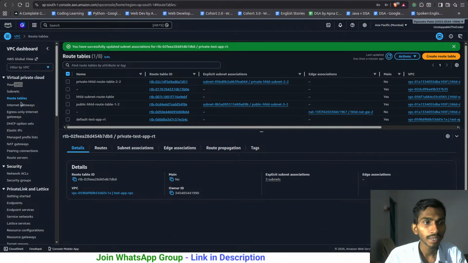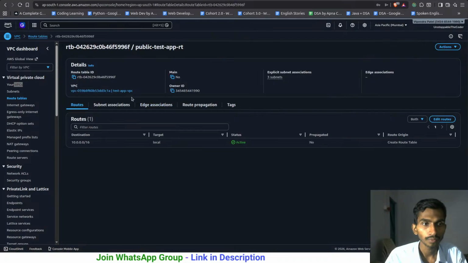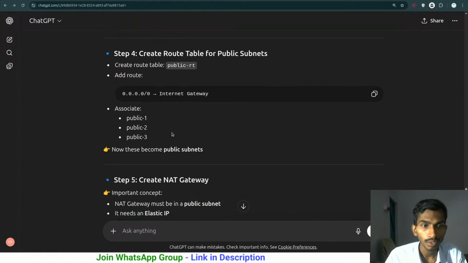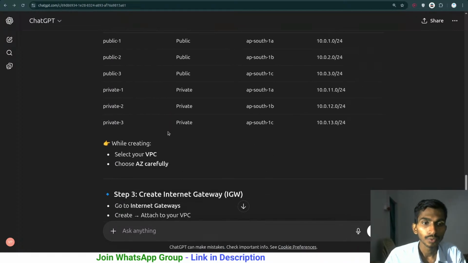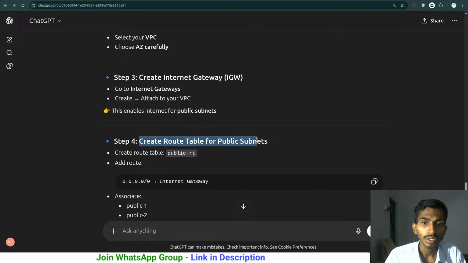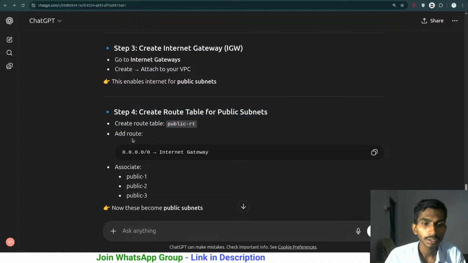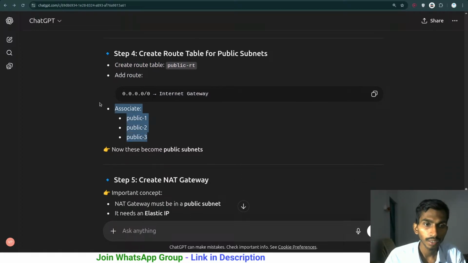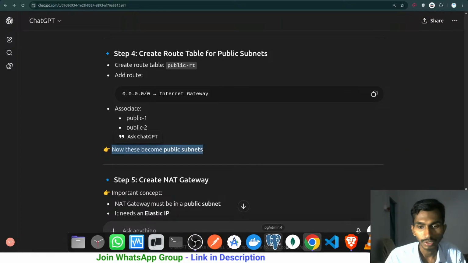Okay, we even have to configure this thing anyway. So if I go to the route table, these are the route tables that we have. The public should have, let's see what it was saying. So we created this, create internet gateway, that is already done. Create route table for public subnet, that got created, and create a route table public RT, add this particular route, associate these particular things, we have done that. Now these become public subnets, great. So one last thing that is remaining, that is